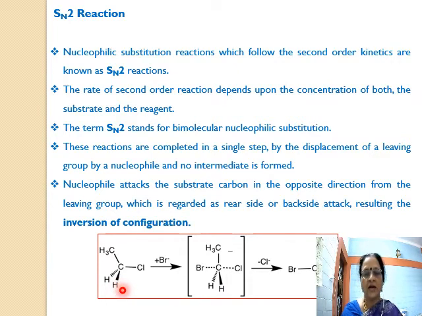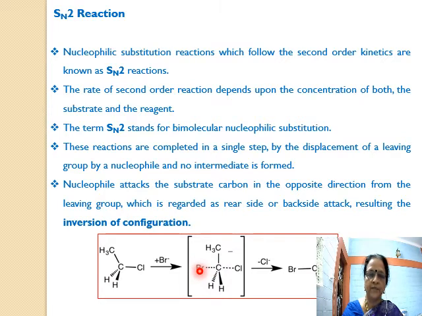So here what happens here is, you call this the leaving group. As the leaving group leaves the carbon, the incoming nucleophile will attack the carbon from the side opposite to that of the leaving group. So this is the opposite side leaving group, right? So it will attack over here. So what happens here? As the leaving group leaves the carbon, there is a bond dissociation taking place between carbon and halogen. So this is becoming lengthier, and there is a new bond being formed between